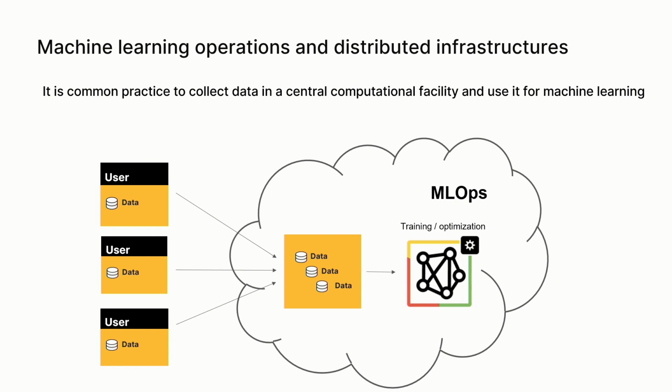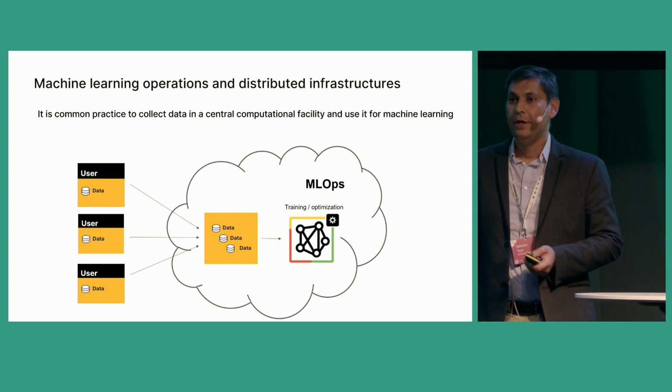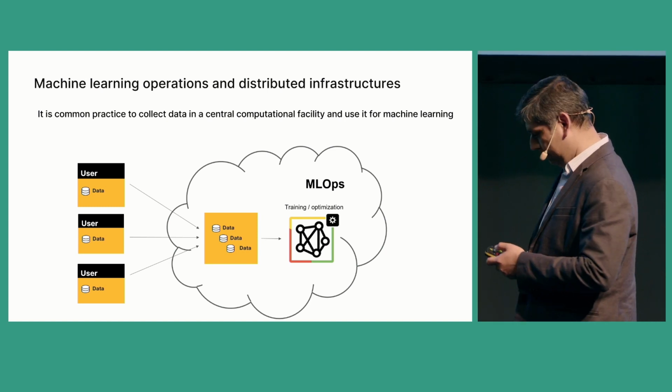So what we have seen over the years is that there are different devices or users that generate the data. And if we want to train a model, we need some kind of computational infrastructure. Most of the time, it's a cloud environment. We pull all the data to the cloud environment, and then the training starts. That's how we train our models, which is perfectly fine, and it served the purpose for quite some time. But